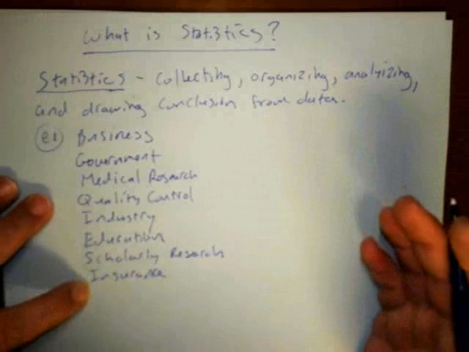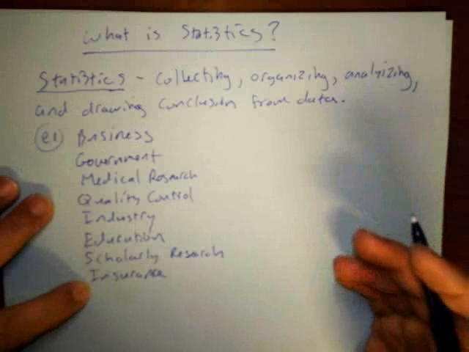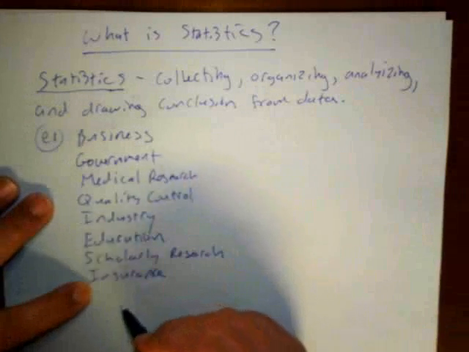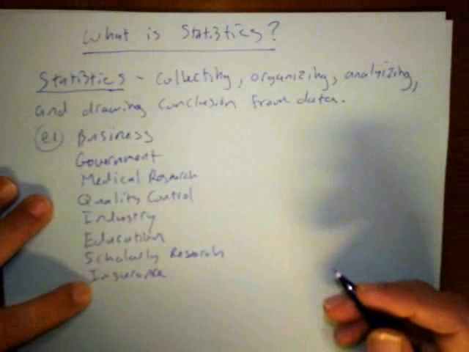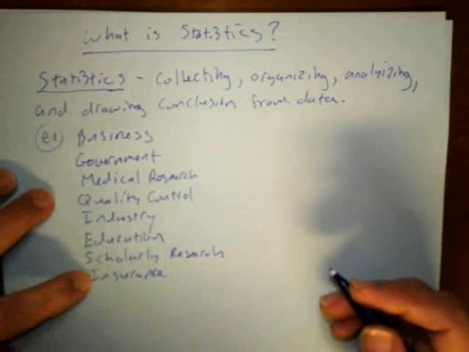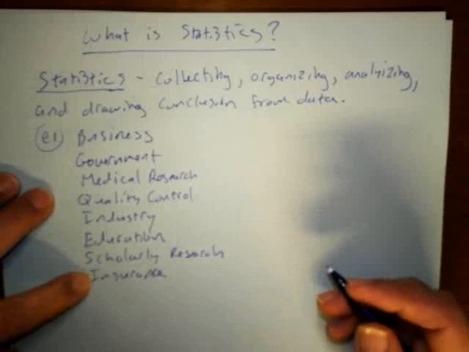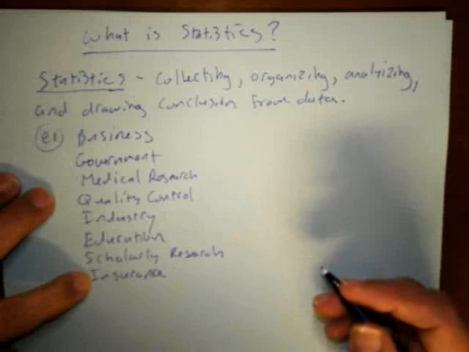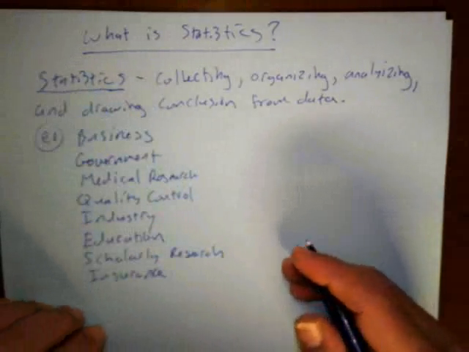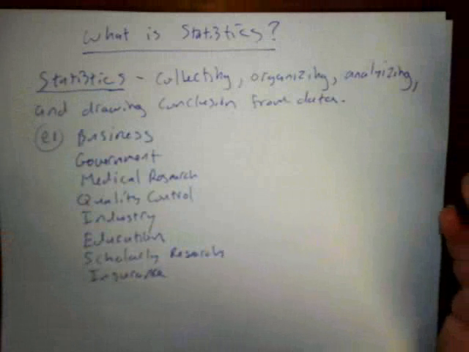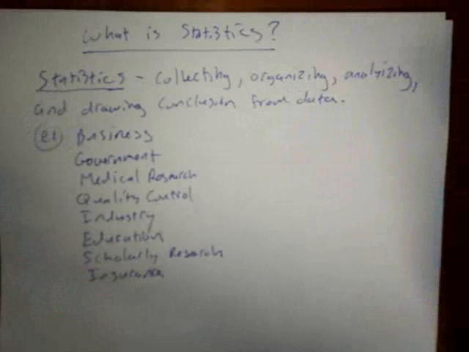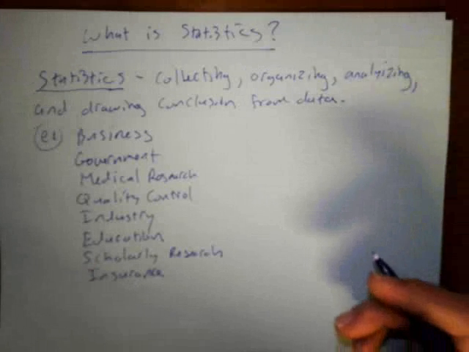Also, the standard of living in San Francisco is very, very high, and so it costs a lot of money to live there. And all these things affect what they need to charge for the insurance. And the actuarials are the people who put all that together and determine what the insurance rates need to be. So you can see there's lots of areas. In fact, pretty much any area where you have a decision to make, you could be using statistics. And as long as you know how to use it.